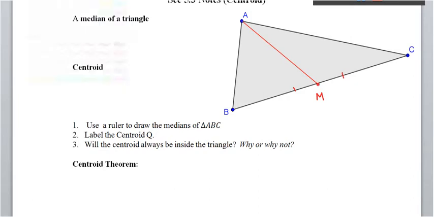So there you have it. If I draw a straight line from A to M, that straight line right here, from the midpoint to the vertex, would be considered a median. So we can say that AM